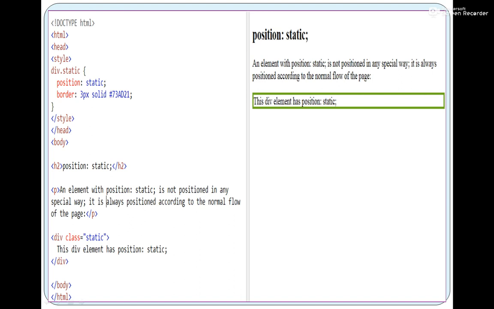Now we had also seen if we want to use a class for a specific type of element, here it is div dot static, means I am calling the div type of element which can use this static class. I cannot use this static class with H2 and P.